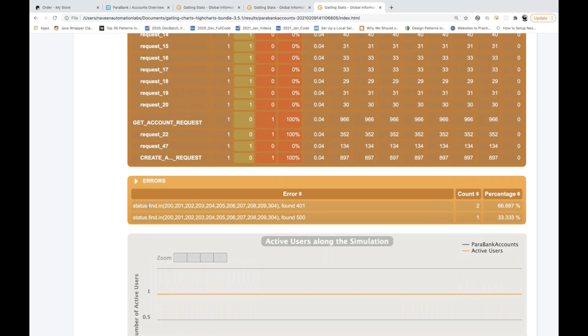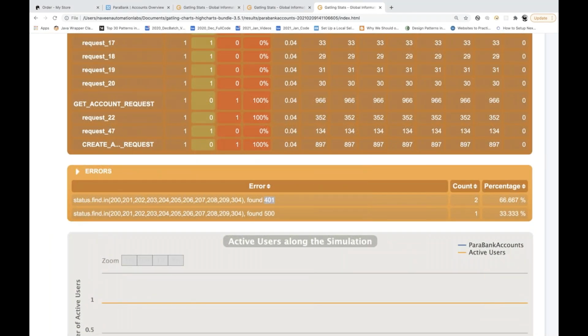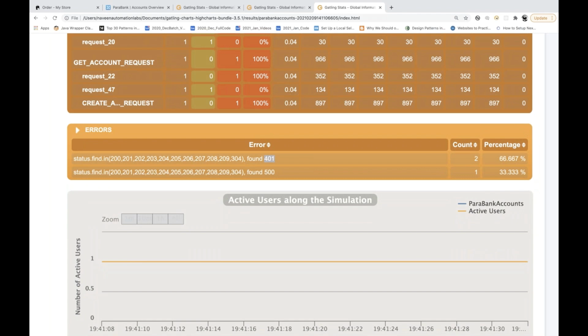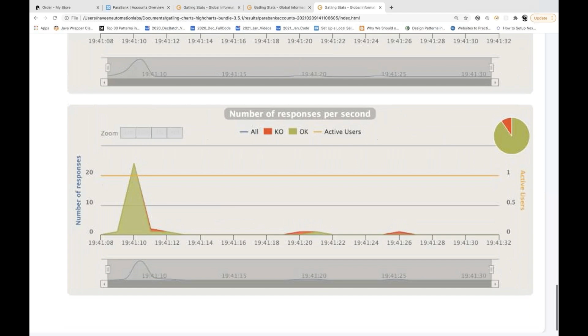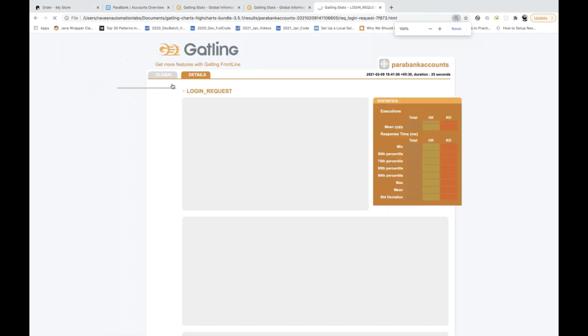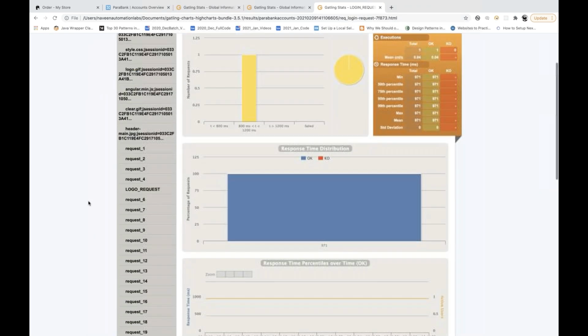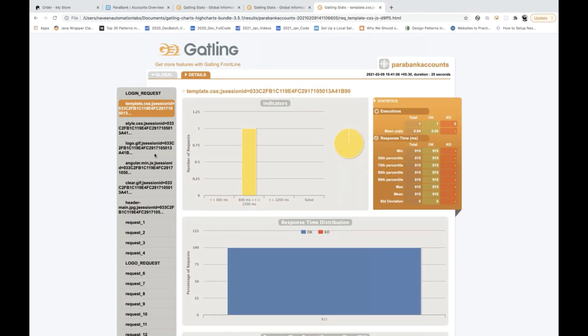It's saying that we were expecting the status like that. These are the positive statuses we were expecting, but we found 401, and after that we found 500. 401 is the authentication error, right? So there are 2 counts for the 401. We could not log in, and then it's giving you the response time and everything, the graph and everything, for the failure test over here. And if you go to the detail section, you can check all the sections, what happened, all the errors and everything it will show. You can check it like that.